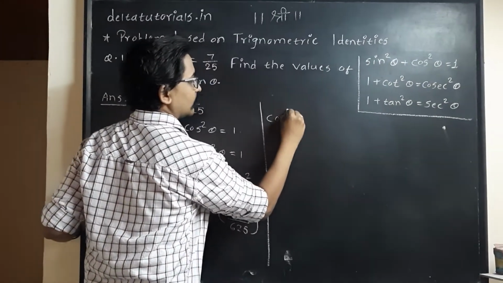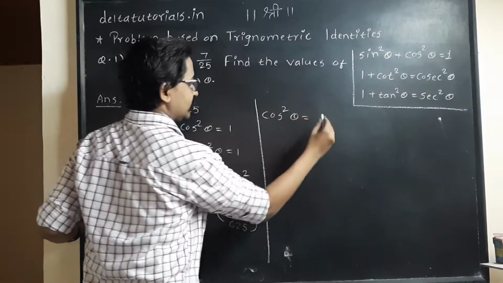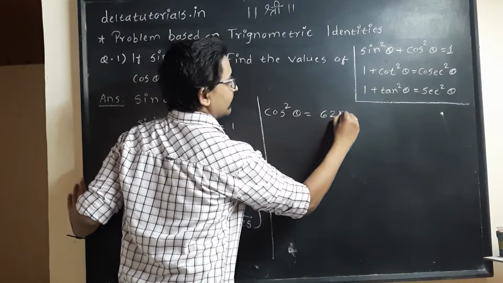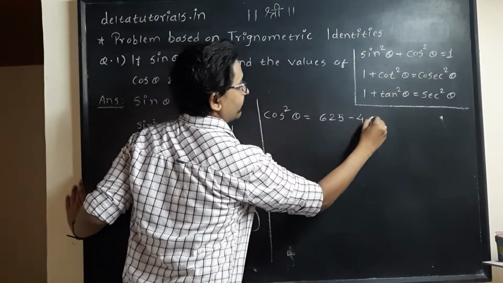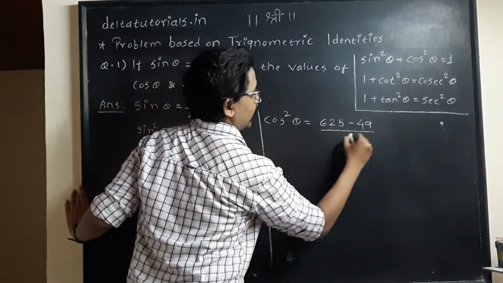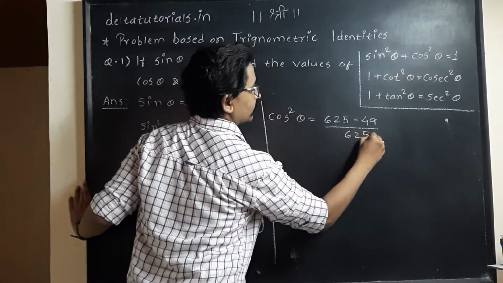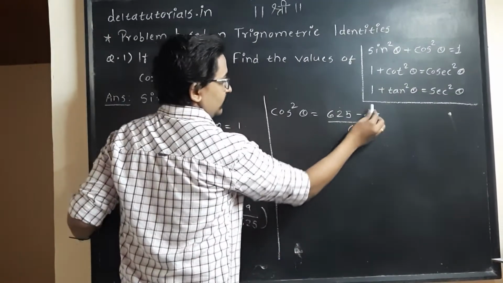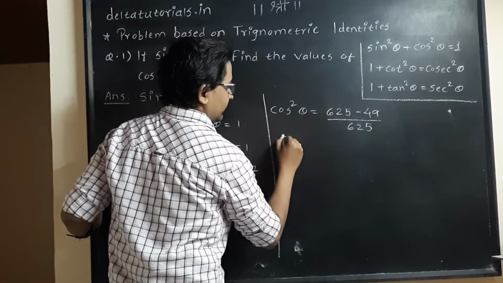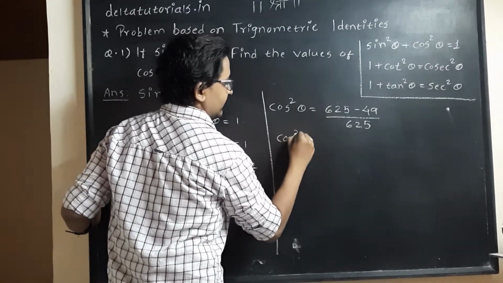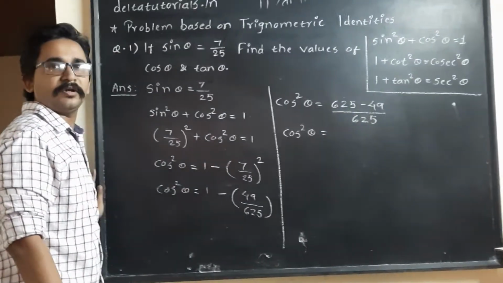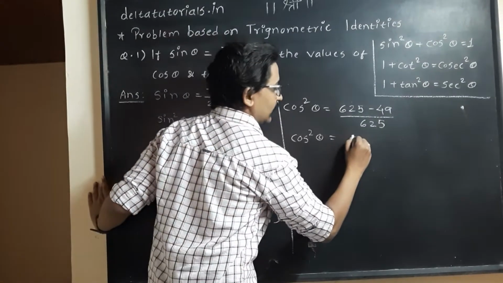Cos square theta is equal to, now pay attention, (625 minus 49) upon 625. Simple subtraction we will perform over here. So cos square theta is equal to 625 minus 49. The answer will be coming out as